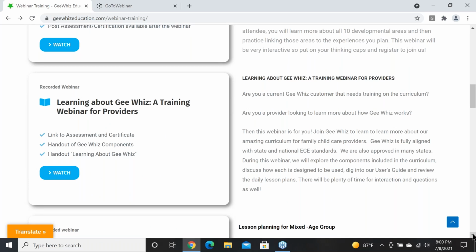It walks through all the components of what's included in the curriculum, but more importantly, our approach and how we cover all 10 developmental areas for all ages, from infants through school age, in one curriculum, including adaptations for all kinds of different developmental levels and ELL, DLL. So if you're not familiar with who we are and what we do, this is a great one to watch.